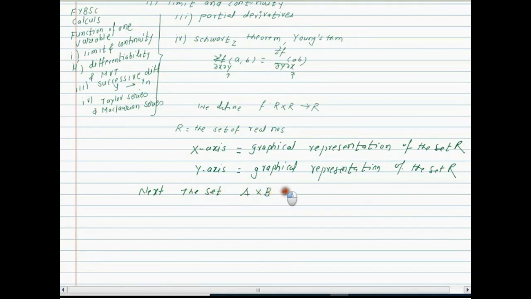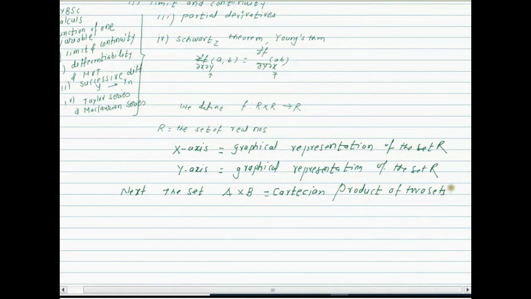It is called the Cartesian product of two sets A and B. Now what is this set? For example, suppose